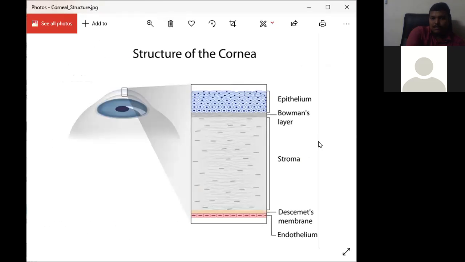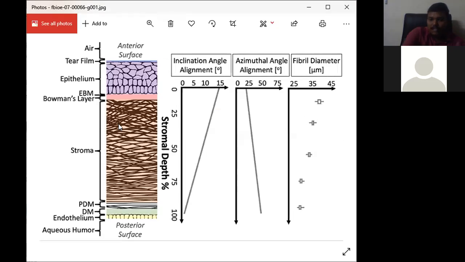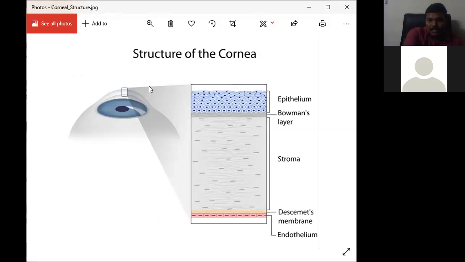So what is necessary for the cornea to be healthy, right? For considering the cornea to be healthy, it should have two properties. One is transparency. The next one is protection of its curvature, right? If you see in this picture, the cornea is curved. This curvature should be maintained. It should not become flat or over curved, right?